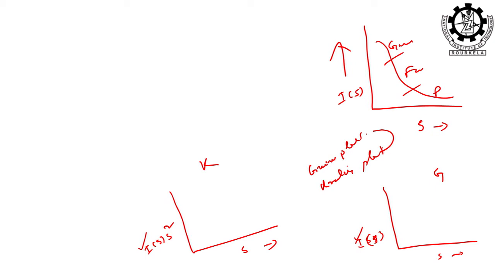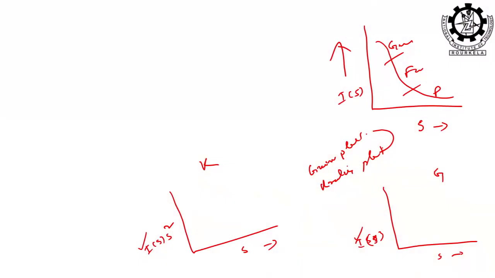Can you take all the data or you have to select? Because here is intensity, here is intensity. Which intensity you will take to plot the graph? That is why region is important. Kratky is for Perrot region, remember it. Guinier is for Guinier region, right. You cannot take any other data. These I values correspond to Guinier plot Guinier region, Kratky plot Perrot region. If you take the data and plot the graph, then you will get the information that you need, right.